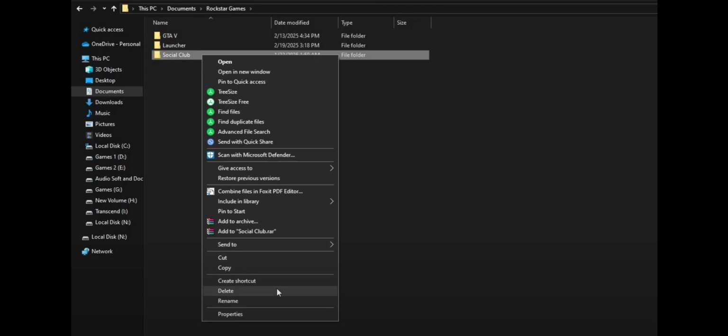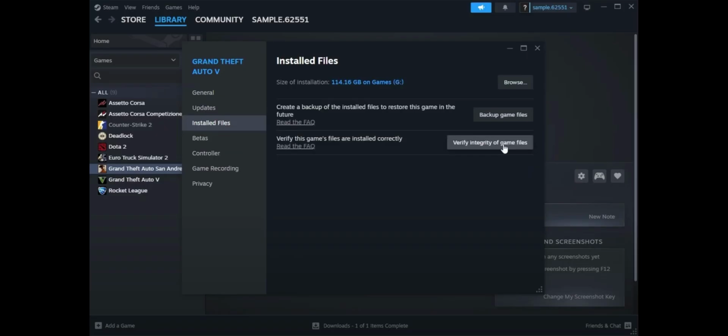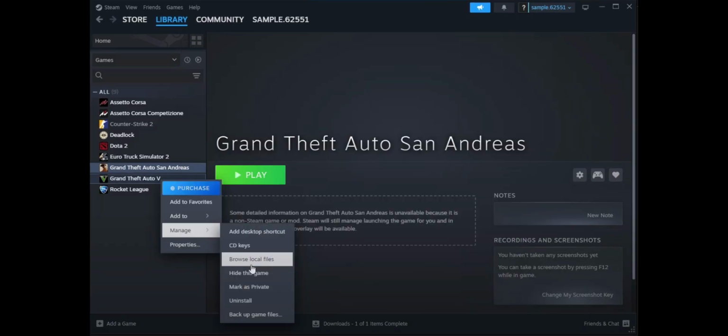And the next thing you can do is go to your Steam, and then go to your library, and then go to the game, and then just right click, go to properties, and click on the installed files and verify the integrity of the game. Once it's done, relaunch the game, and then if it doesn't work again, go back to your game, then right